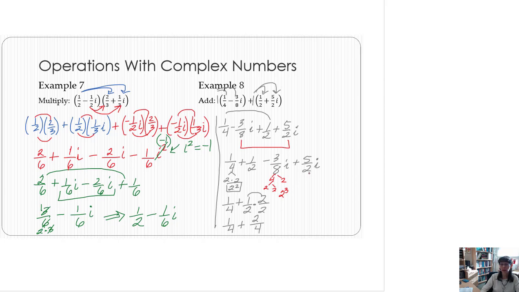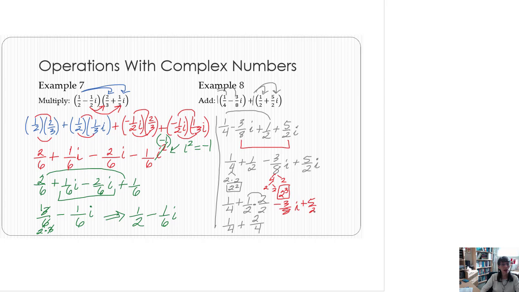So both denominators here have a factor of 2, but 2 cubed is the highest power of 2. And we know that 2 cubed is 8. So somehow we need to rewrite these fractions so that both denominators are 8. Well, obviously the first fraction is fine the way it is. So I have subtraction of 3/8 i